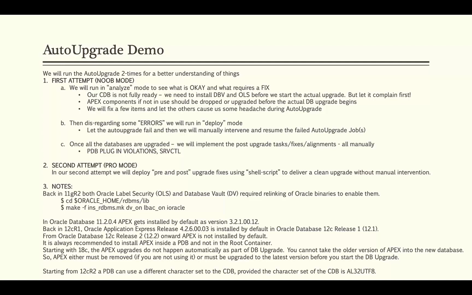And now imagine you are somebody who does not use the Apex component, then why have it in the database in the first place? It simply adds more downtime during the upgrade.